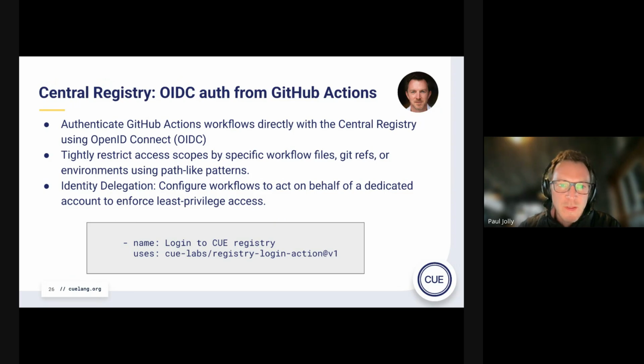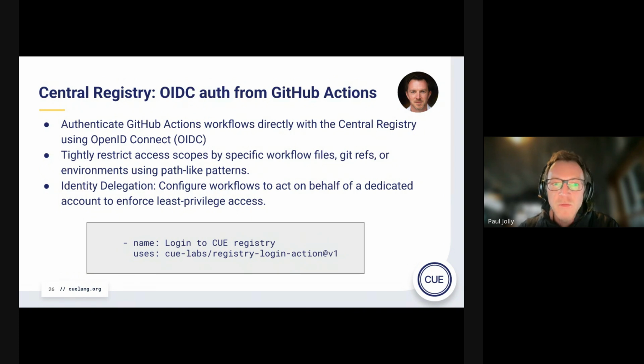Another thing we've worked on since last time is OIDC auth against the Central Registry from GitHub Actions. Now the use case here, and we have this in many of our own repos, is where we want to fetch private modules and/or publish modules from or to the Central Registry from a GitHub Actions workflow. Having to inject some sort of token as a secret into any of those workflows is tedious at best, error prone, and much more likely to get things wrong. And also when there are compromises in some way, shape, or form, it's a harder nut to crack.